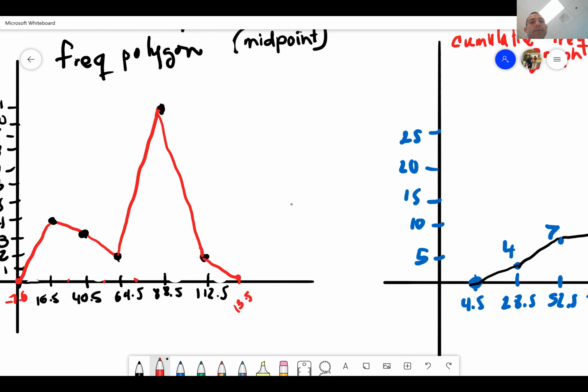Just a question. Yes. To get the first and the last midpoint, you had to add and subtract the class width, right? Yes, add and subtract the class width to get those additional midpoints. So the first one, the